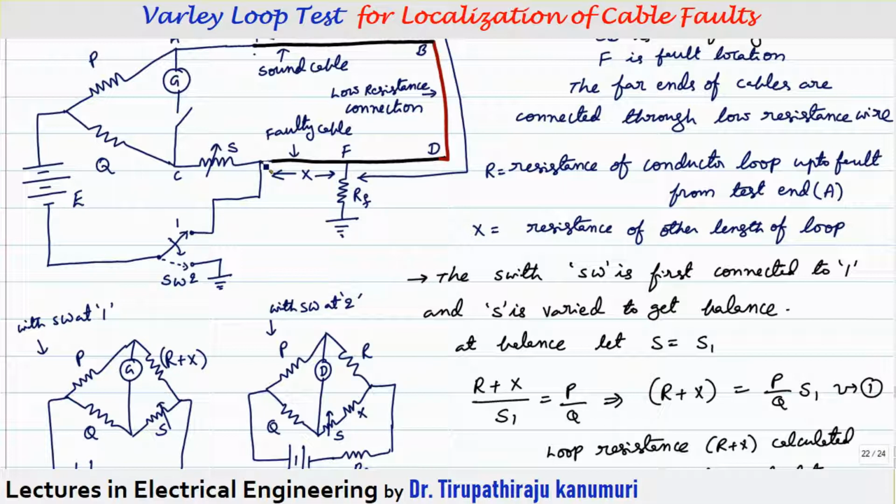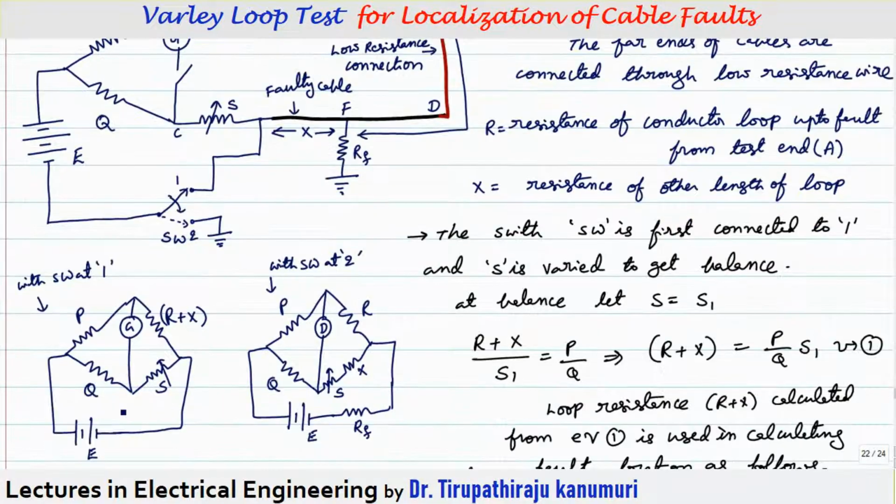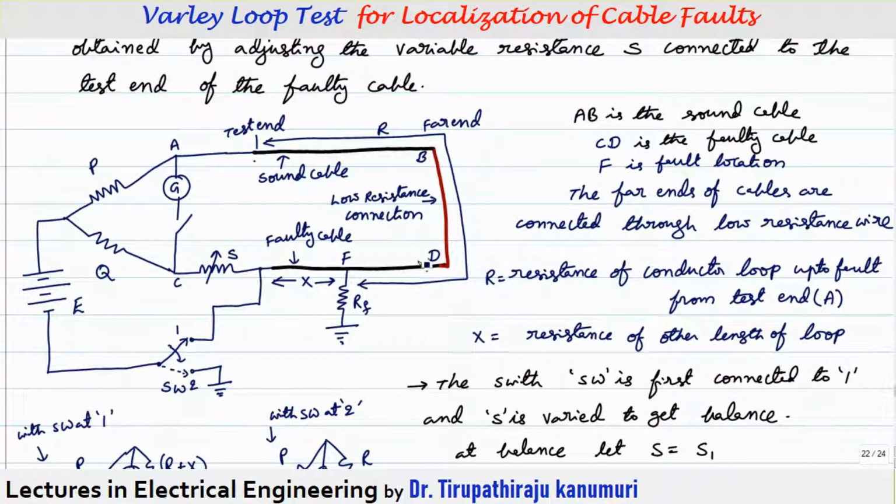So from this point up to the point C, what is there? Variable resistance S is there. So you can see here, this is the battery. This battery, one side is connected to the PQ junction, and from the other side, variable resistance is connected between this junction and the point C. Getting it? So now from this junction, the remaining part, this entire resistance will be included in this circuit. So what is the total resistance?